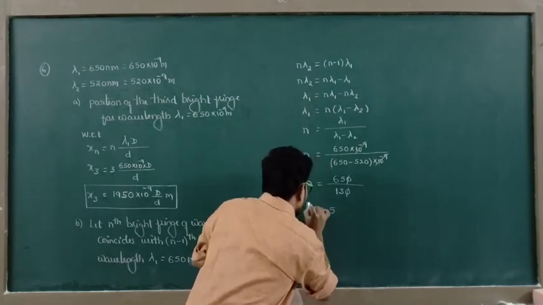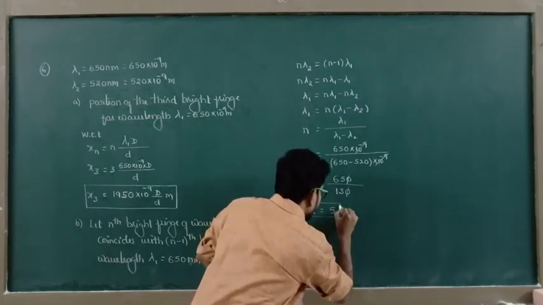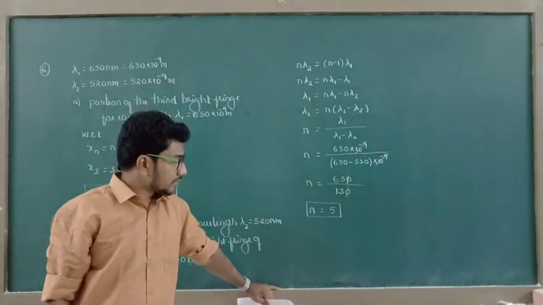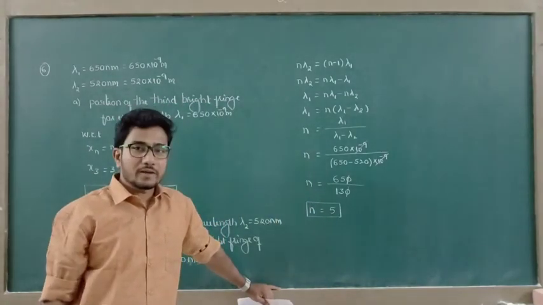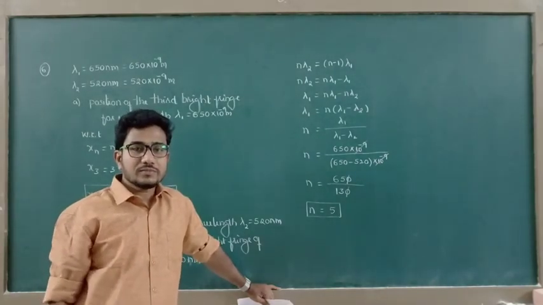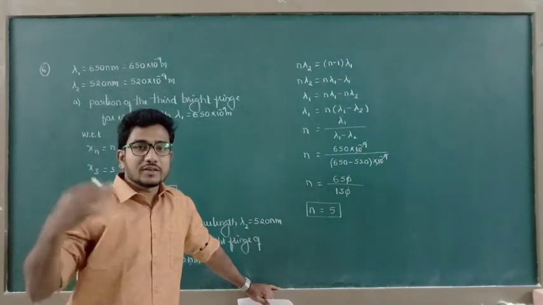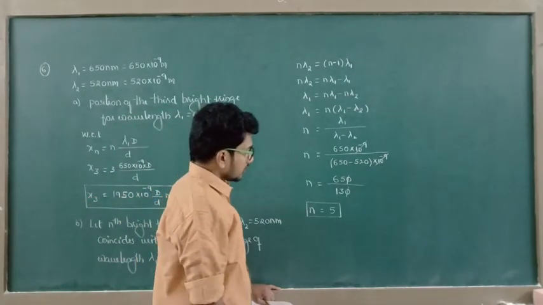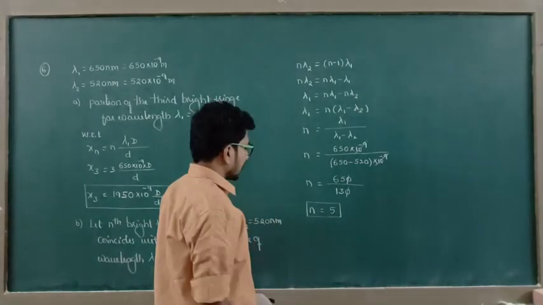That means the fifth bright fringe with respect to lambda 1 and lambda 2 coincide with each other. Then what is the position? That means the distance of this fifth bright fringe from the central bright fringe. Position of the fifth bright fringe